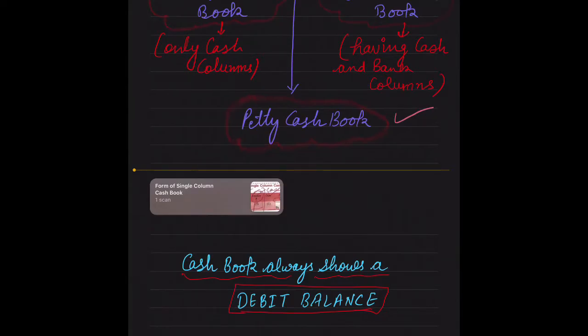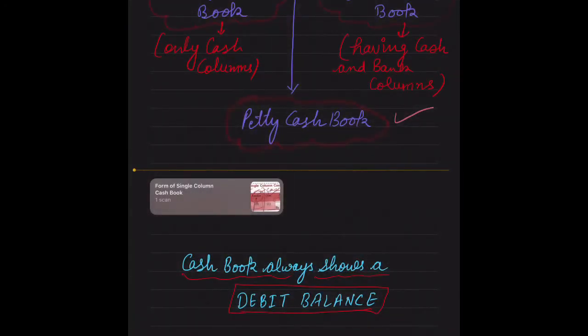Okay, next is cash book always shows a debit balance. Now what is it? Debit balance means the debit side, the receipt side, is always greater than the credit side, means receipts are more in comparison to payments. Then the balance will be treated as the debit balance,